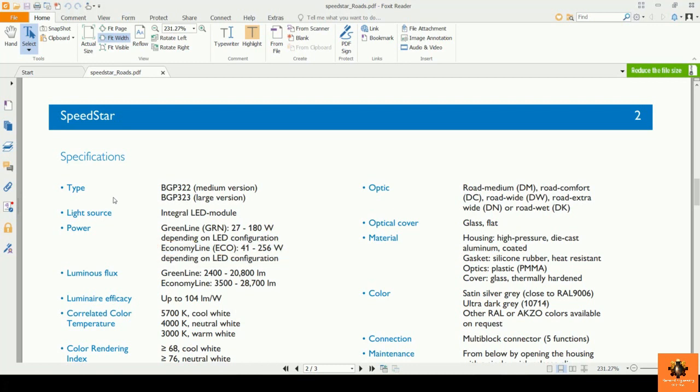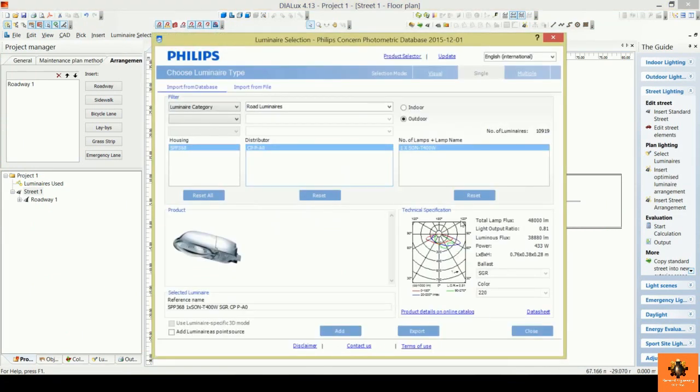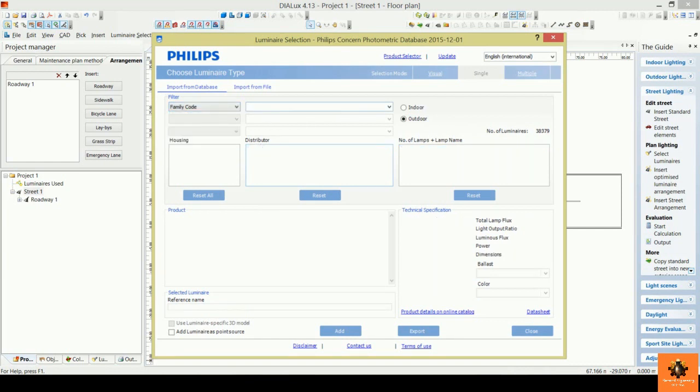Very good. Now what we will do is to pick a luminaire from this datasheet according to its family code, and we will insert this family code in the Philips catalog to get the required luminaire. So let's use this family code which corresponds to the long version. Here we select it, and then we press right click and then copy. Now we go back to the DIALux software, and then we open the Philips catalog, and now we change the selection to be based on the family code. And here we will paste the family code at that part, so we press Ctrl V